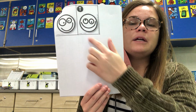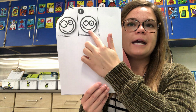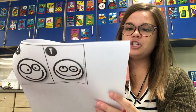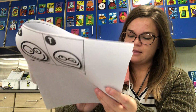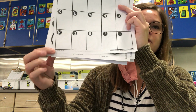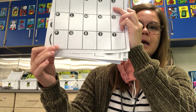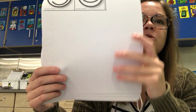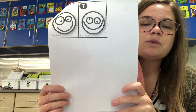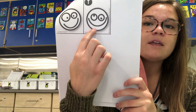If you cut this one out and you flip them all over and you pick this one, okay? This T matches the T that's back on the first page. So that T matches this box right here, okay? And everybody take a good look at this emoji, the one that is in the T box. What you're gonna do is when you look for this one, you're gonna look for him